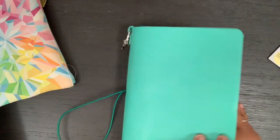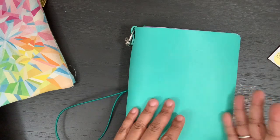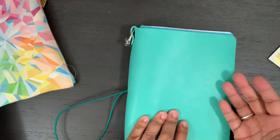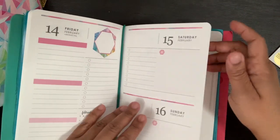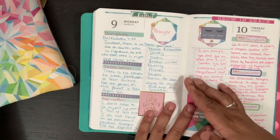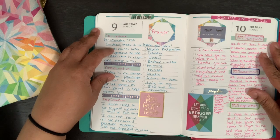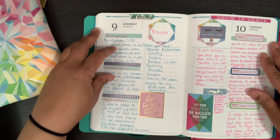So this has actually worked out really well for me. It's compact. It has everything in it that I need. Here's where I run into my problem. I write large. I do. I have really large writing. So this is sometimes a challenge for me with regard to getting everything in that I want to get in for